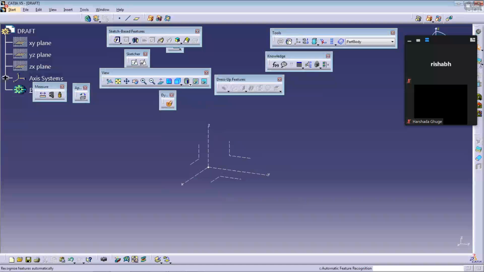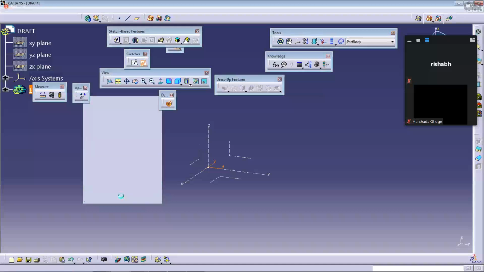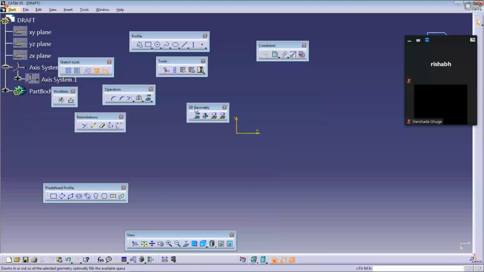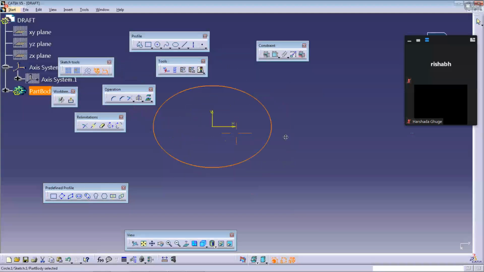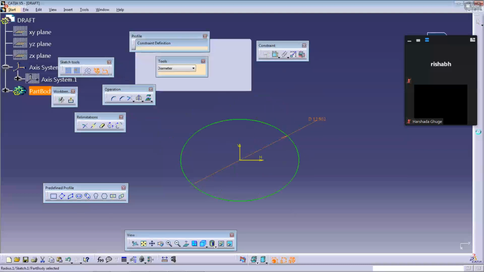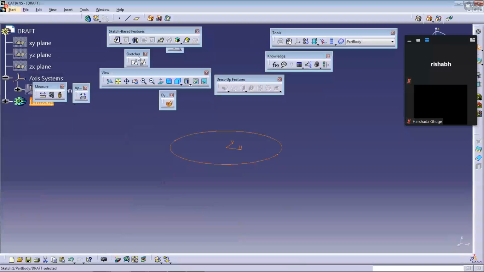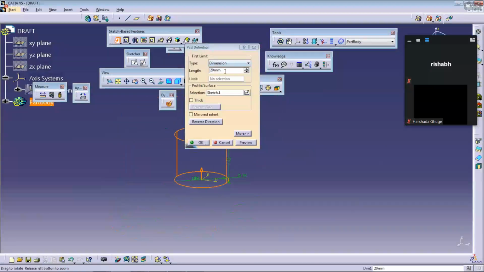Suppose I'm creating the simple circular object. Diameter is 15, and I'm applying the base pad, base feature as a pad command.